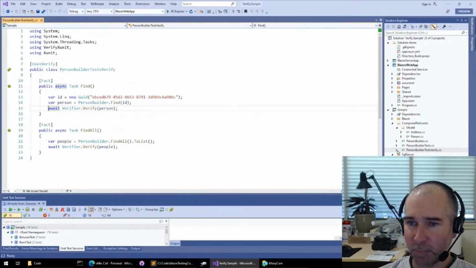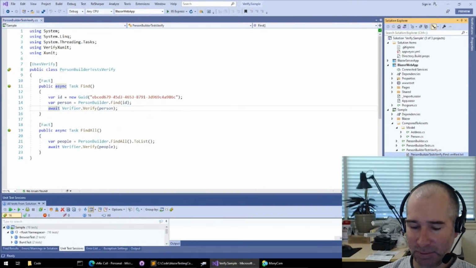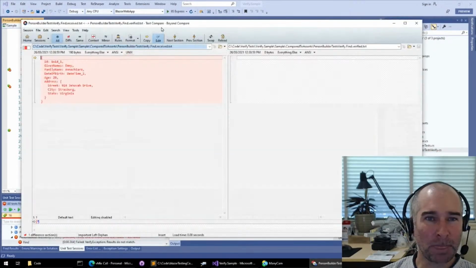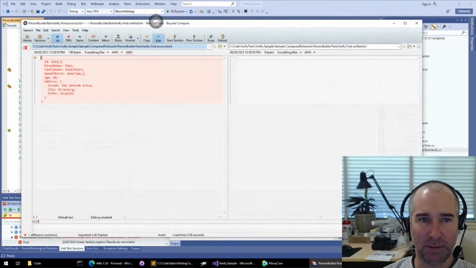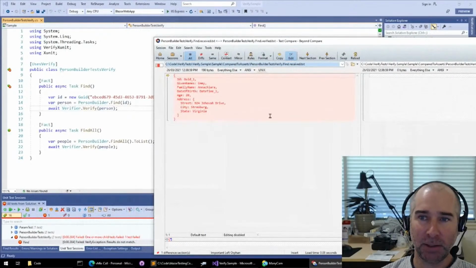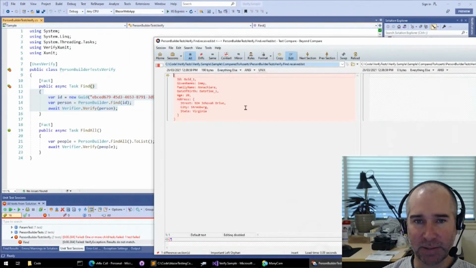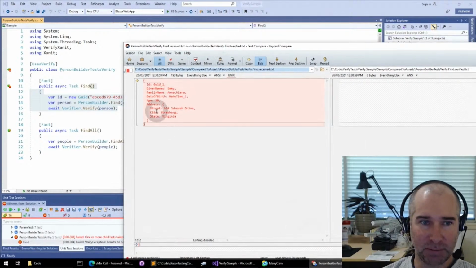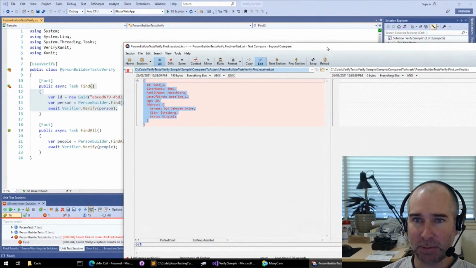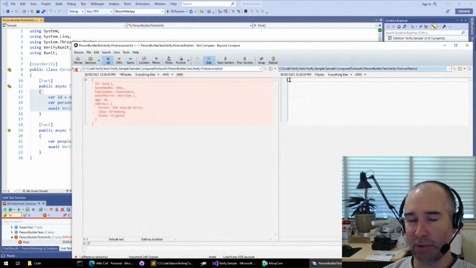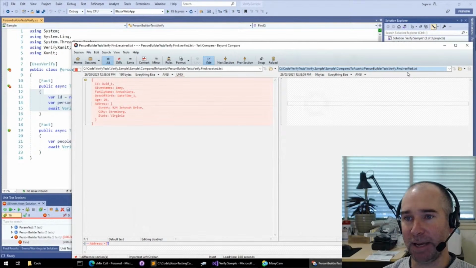Okay. So verifier.verify is where the magic happens. The first time that you verify something, you've run this code. Verify has said that I've received this. And I currently have no verified content over on the right-hand side. It's because this is the first time it's run. We have no